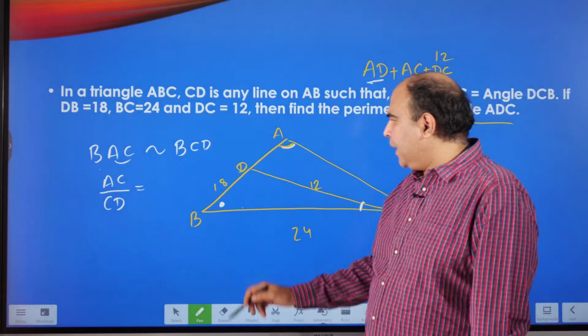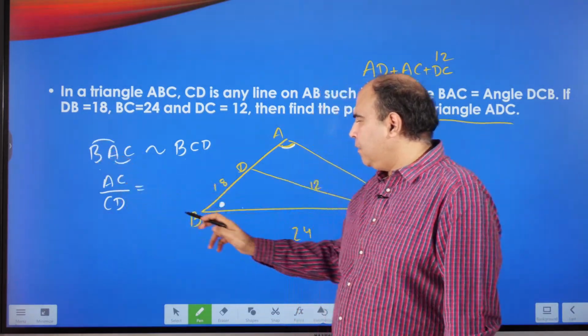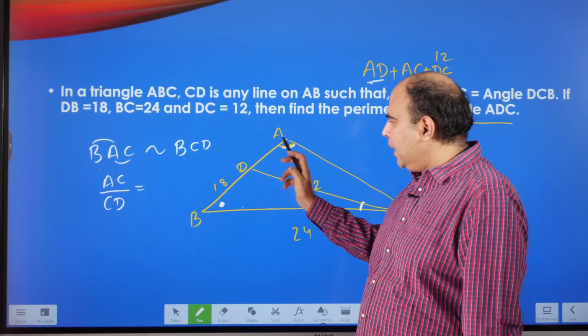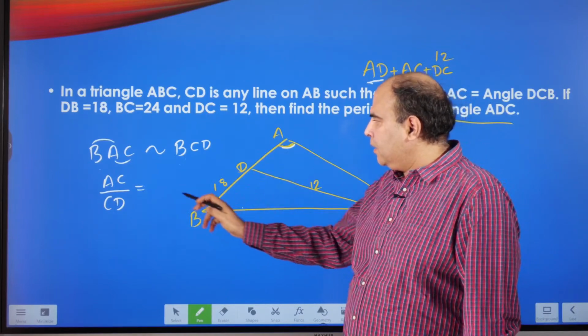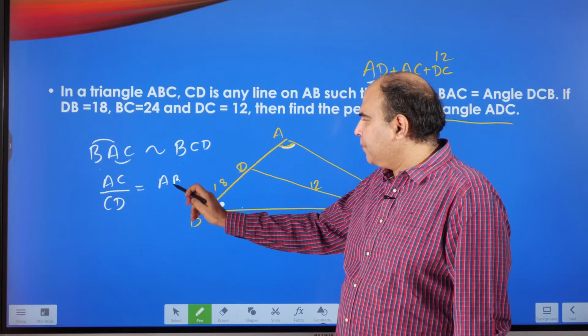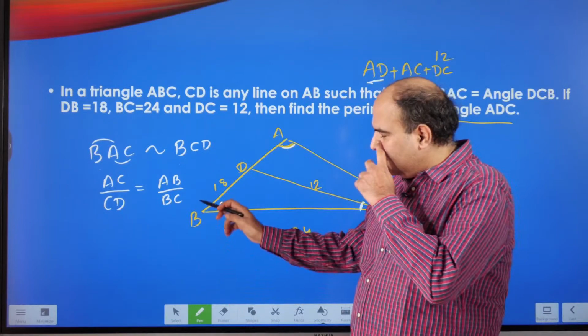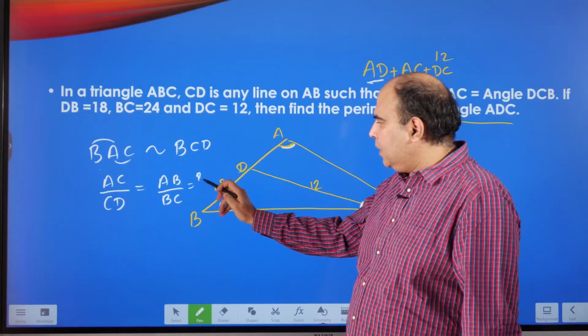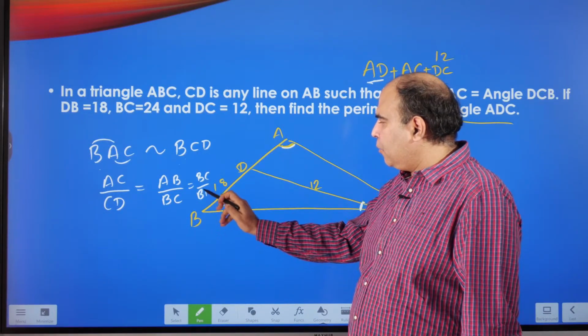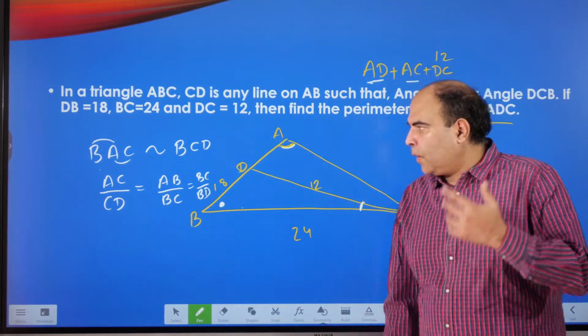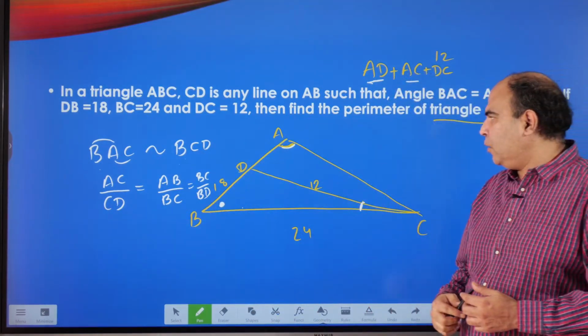Now AD I'll be able to find if I can find AB. If I can find AB, then I'll be able to find AD as AB minus BD. So AB upon BC, and the third one is BC upon BD. I've got three similarities, three equalities here. So if I look at which ones I know,